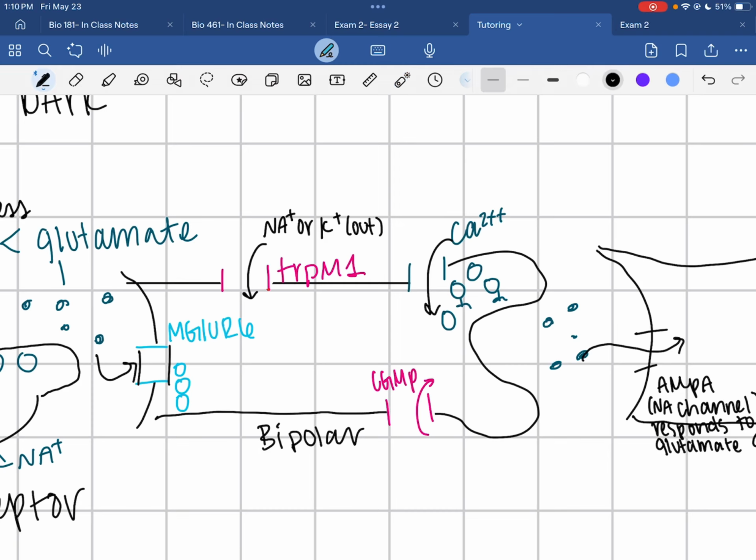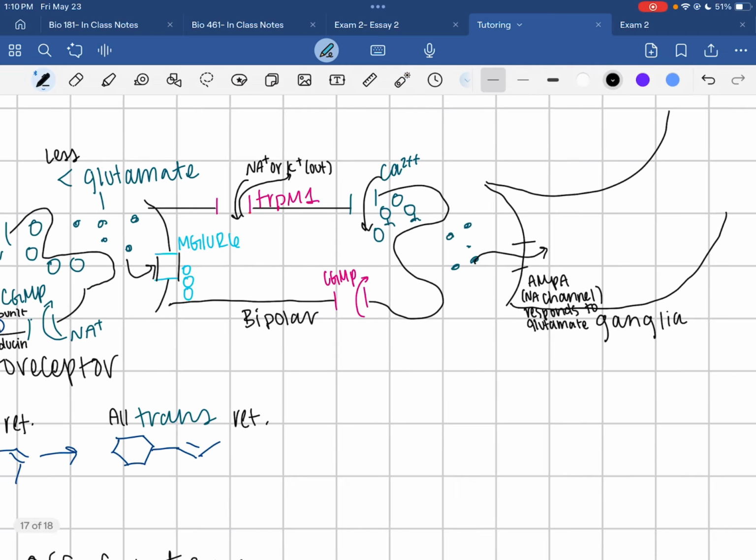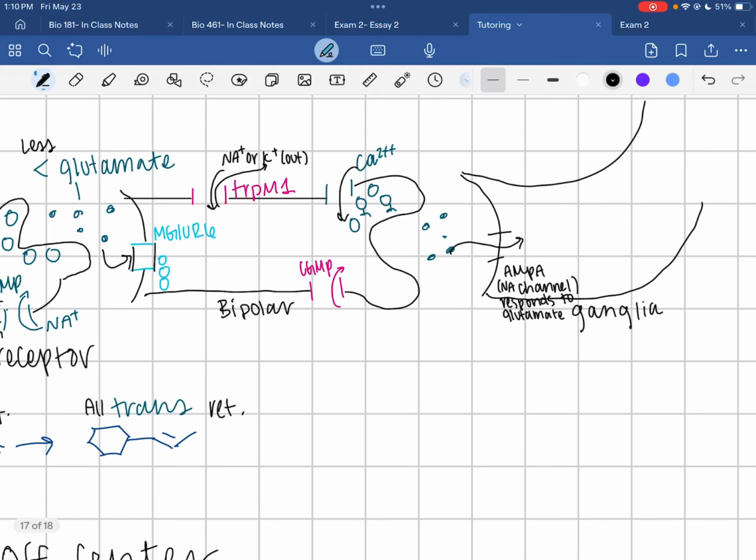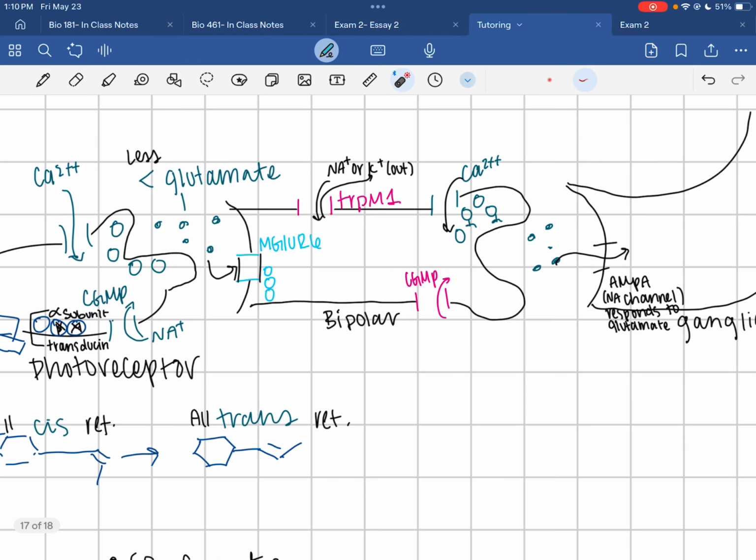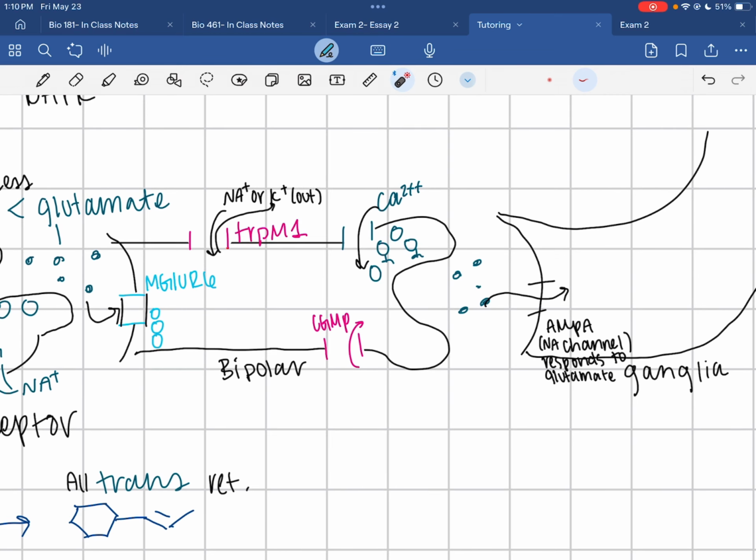So sodium's going in, and then potassium is going out. There we go. And then with this as well, we have our cGMP, which is right here. This is going to cause calcium to come in, which is then going to cause it to bind to SNARE proteins and then release glutamate. So this is also our glutamate,